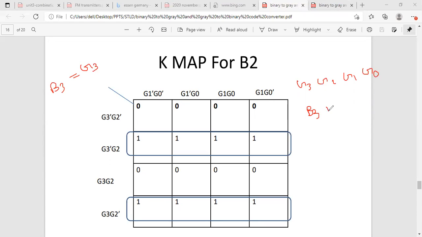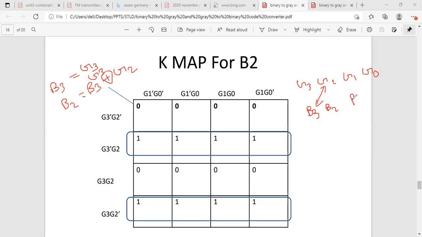And then you write B2. How can you obtain B2? By performing the XOR operation of these two. So B2 is equal to B3 XOR G2. B3 means G3 here. So G3 XOR G2 gives us B2.